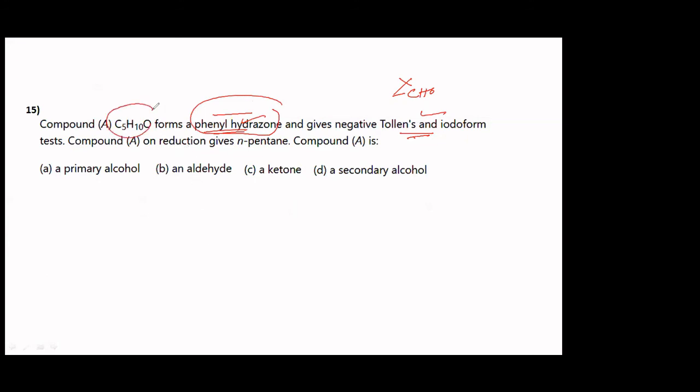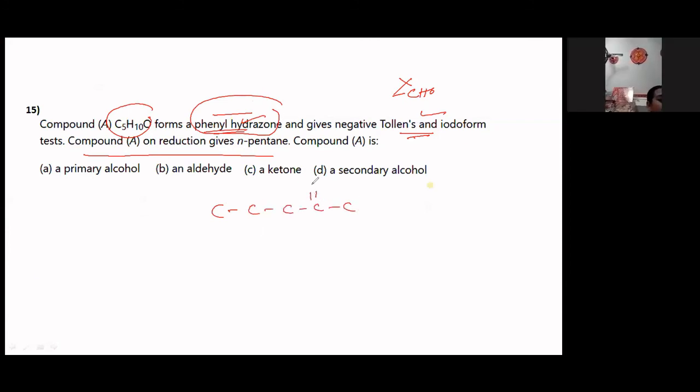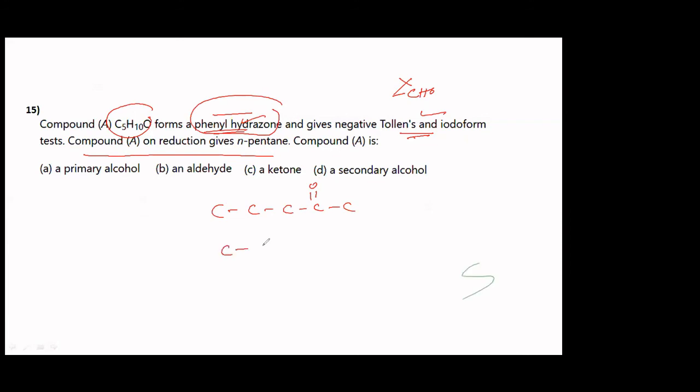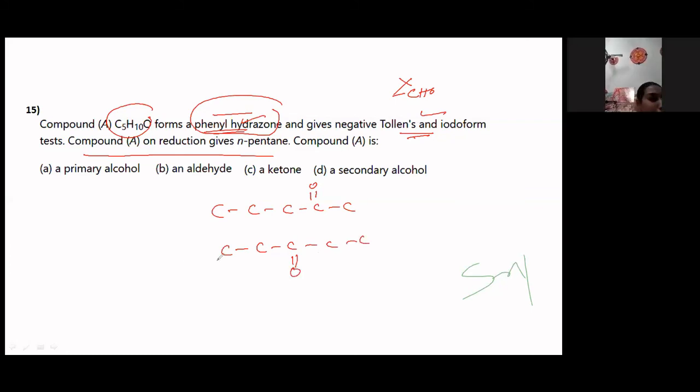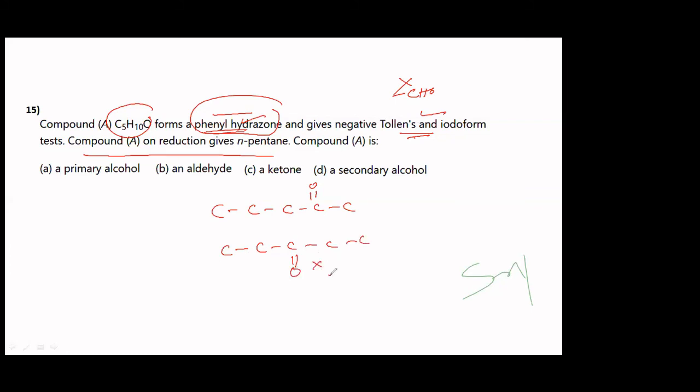Now with the formula that is given to you, he says the compound on reduction gives n-pentane, which means it is a derivative of pentane. So either you can put a ketonic group there, or you can put a ketonic group at the third position in this. See. So this will not give the Tollens reagent test. I mean, iodoform test, isn't it? This will give.